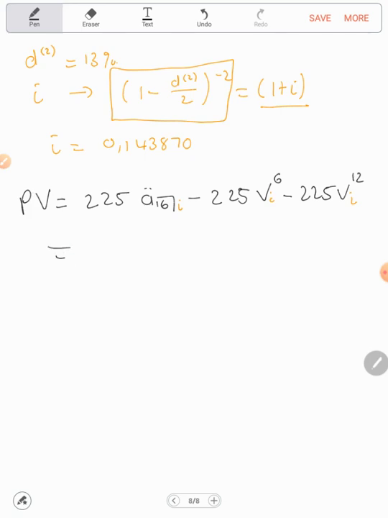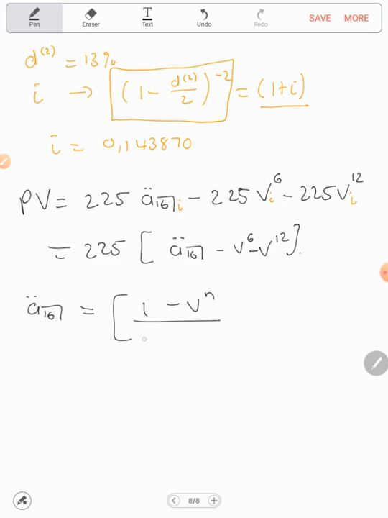When you plug everything in, you can factorize the 225 rand out, and you'll be left with this. Remember your annuity function. This is just a very simple one. It's got this formula. You normally have to have your discount rate at the bottom, but from the previous chapter you should remember this formula here, and that's why we have that at the bottom. When you calculate all of this, you'll get a present value of